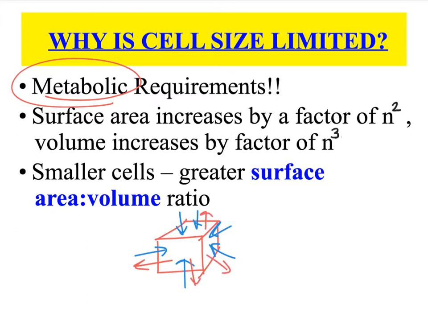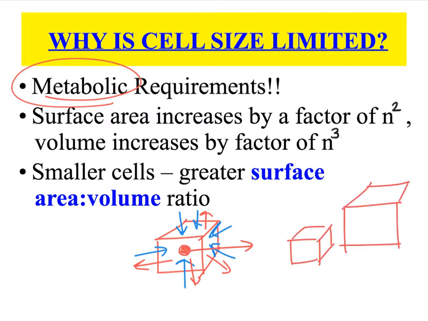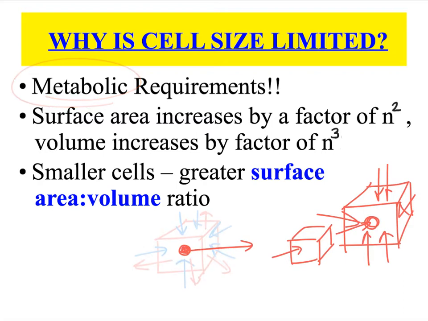Now, not only do nutrients have to get in and waste has to get out, but it has to get all the way to the center of the cell, and waste being made has to get all the way out of the center of that cell. So the bigger the cell is, if we keep the same shape, the further that distance is going to be to get all the way to the middle of that cell. And eventually, stuff just can't make it that distance fast enough to keep that cell alive.